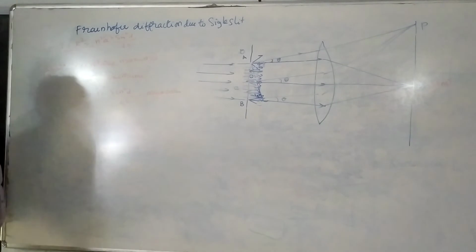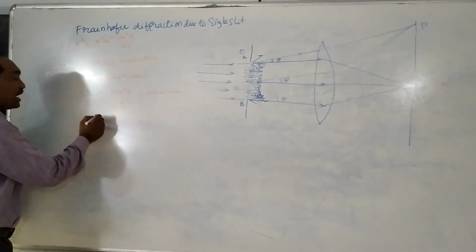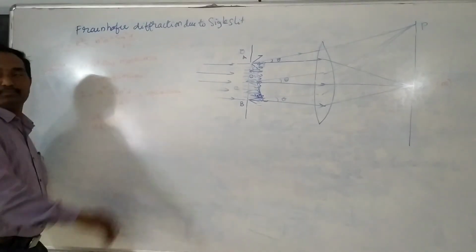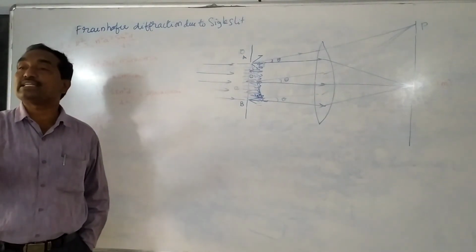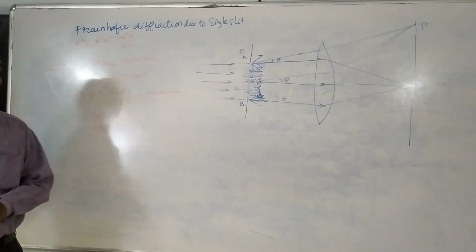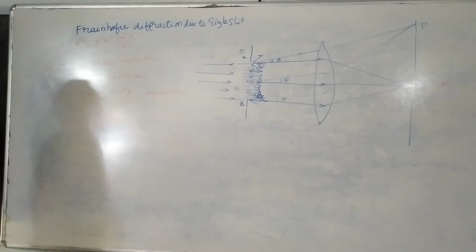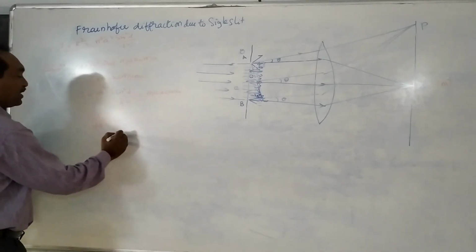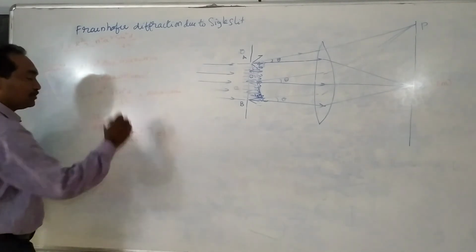That is I. We know if I is equal to maximum, the differentiation of this I with respect to alpha is 0, because if it is a maximum or minimum, it is nothing but constant. We know differentiation of constant is 0. So if I is maximum, the differentiation with respect to alpha is 0. That is d by d alpha of A square sin square alpha by alpha square is equal to 0.